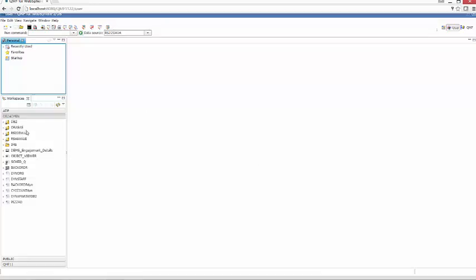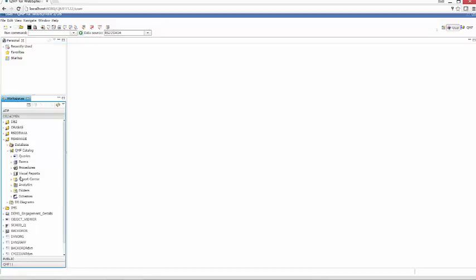I'm connected with a user ID, db2admin, and so I have a pre-assigned workspace for myself where in the past I've included the data sources that I typically go to and some of the reports or queries that I've created. Here I have a DB2 for Windows, an Oracle, DB2 for z/OS, two of them, and some IMS data. I'm going to go to this DB2 for z/OS, and here where I have the QMF catalog, I have a